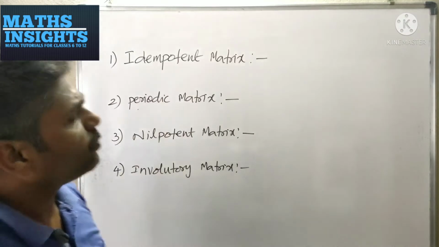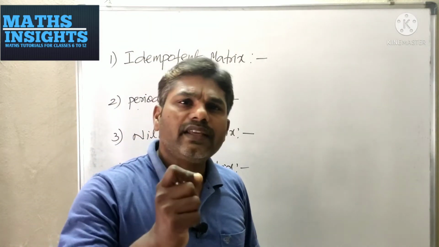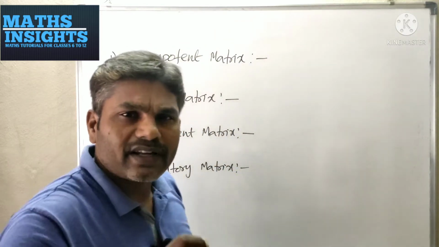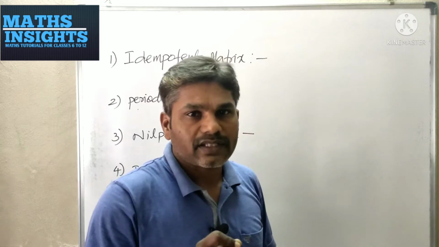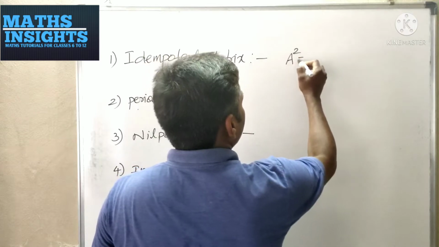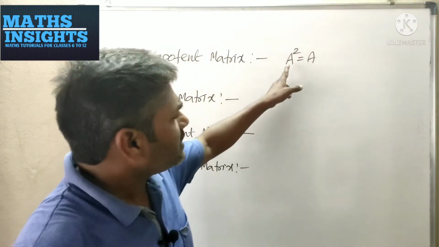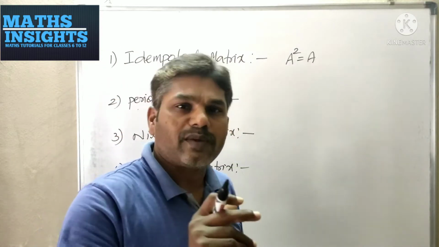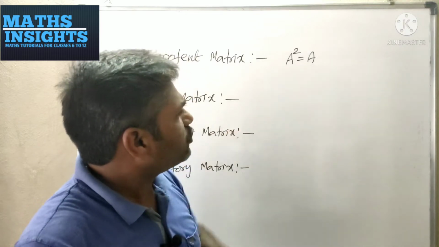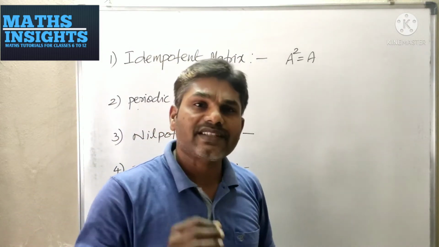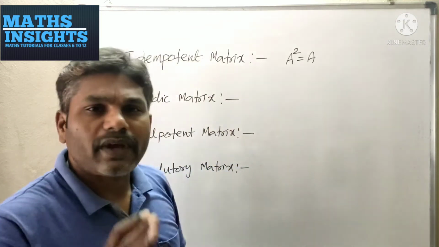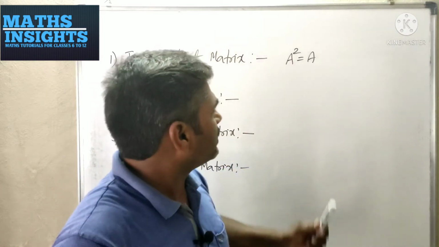The first one is Idempotent Matrix. If A is a square matrix and it is an idempotent matrix, it satisfies the relation A square is equals to A. That means A is a square matrix and if you multiply it 2 times, then if you are getting back the same matrix again, then A is said to be idempotent matrix. I will once again say the definition. A square matrix A is said to be idempotent matrix if it satisfies the relation A square is